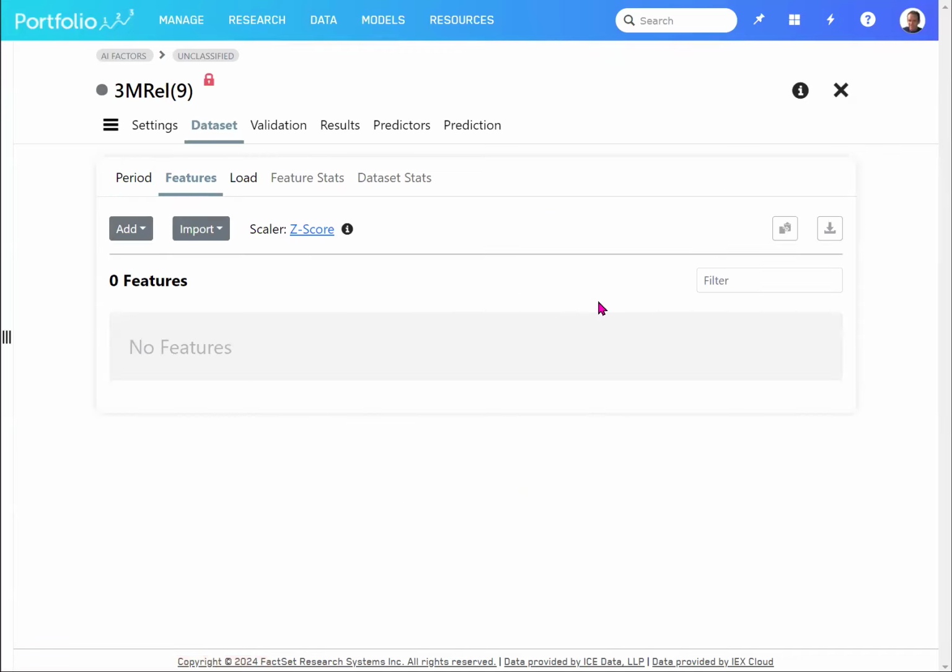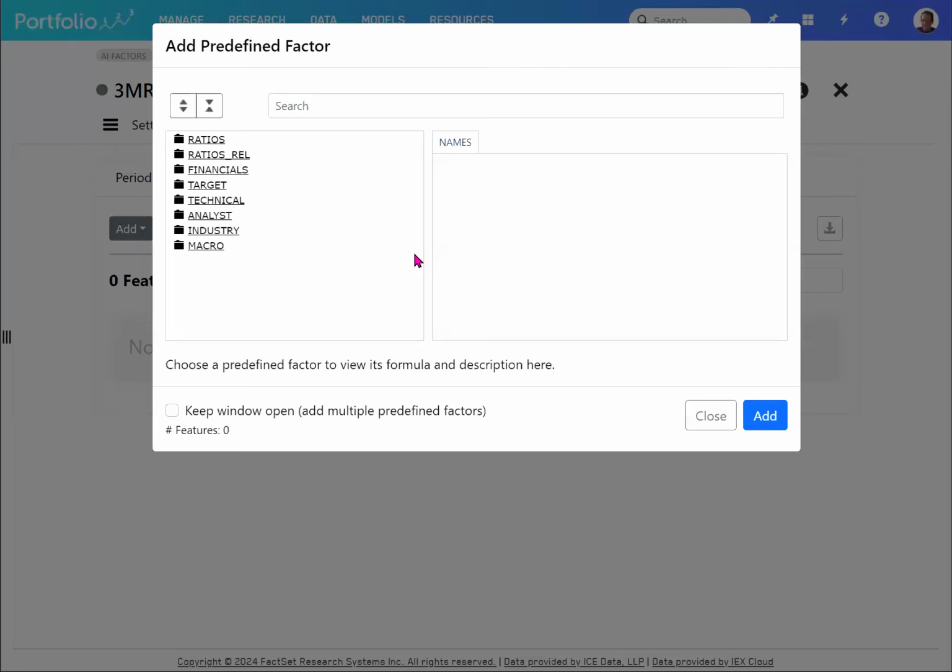Here is where you define your features. This is similar to creating a ranking system, except you don't have to specify the direction of your sort. The algorithms will do that for you. We have created a whole new set of predefined factors. They're a big improvement to what we have right now in the reference,